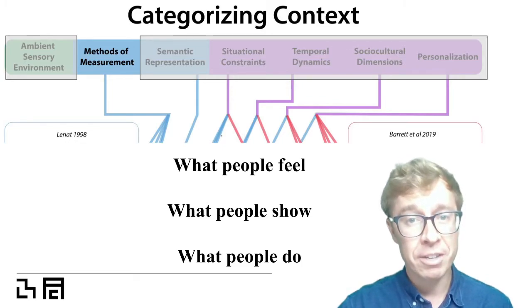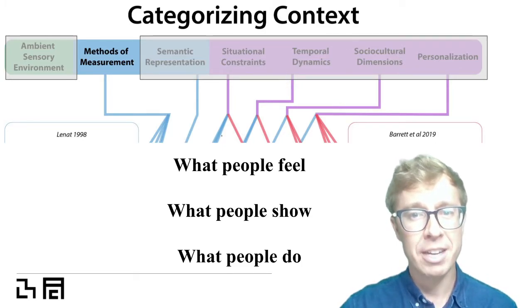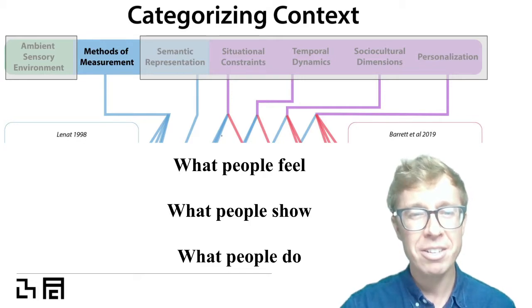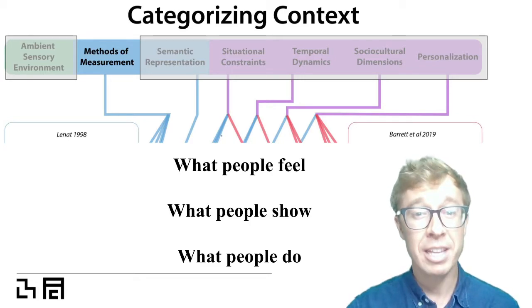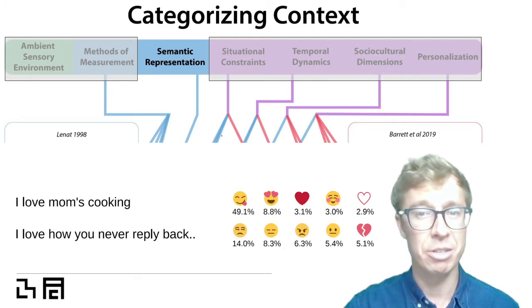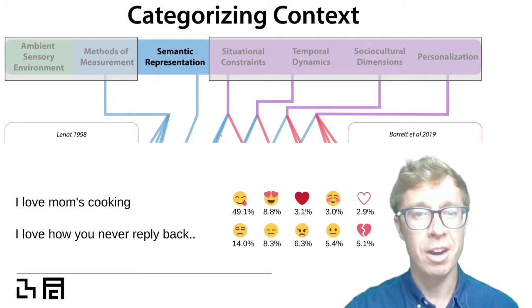Are these individuals' self-reports of what they feel, observations by outsiders, or experimentally elicited emotions? What kind of technology is used to collect the data, and how does observation change what is being observed? Related is semantic representation. How do we label emotions and affect more broadly? Do we use categories? Do we use dimensions? And then which ones? Well, it turns out that emojis can be the most useful labels for detecting sarcasm.